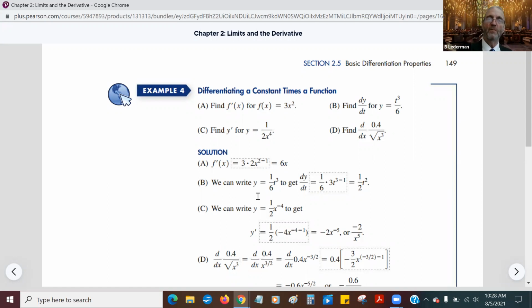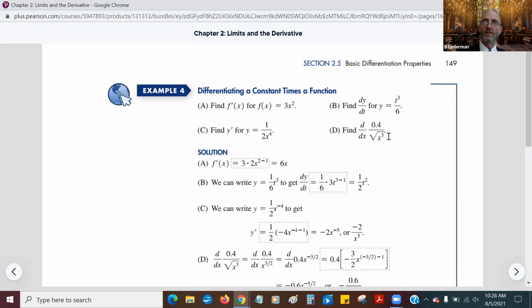So where are we here? y is equal to 1/6 t to the third power. So the t to the third power gives me 3t squared. But 3t squared times 1/6 is 1/2 t squared. Now y prime is equal to 1/2 times -4 to the negative 4 minus x, so it's -2. Winds up being, with a little cancellation, because the 4 and the 2 cancel, -2 over x to the fifth. And this guy over here,